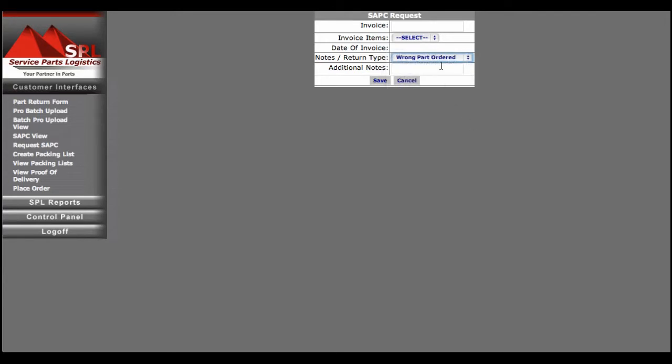What we do over here, if you enter your invoice number, and again you hit tab or hit enter, it'll tell you what items are on that invoice. In this invoice there's just this one item, and you can see the date of the invoice, which you can use again to confirm that it's the correct items that you're asking to be returned, and select your reason for the return. If there's any additional notes and information to make your case, put that in the box over here and they'll be reviewed by the team over at SPL, and you hit save and that will request your SAPC